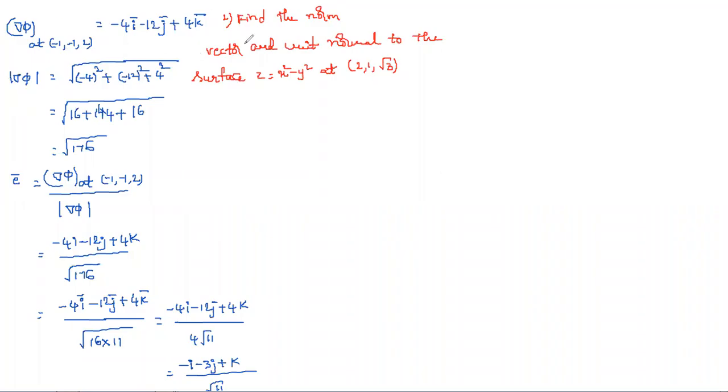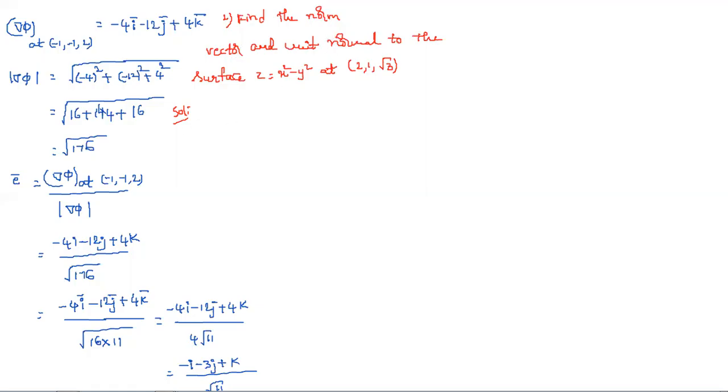Okay, so here it is. If you observe, they asked two questions. What are those two questions? One is the norm vector, another one is the unit normal vector. The norm vector is nothing but the magnitude, modulus del phi. Keep in mind, the norm vector and the normal vector are both the same. So they asked two questions: one is the normal vector, another is the unit normal vector.